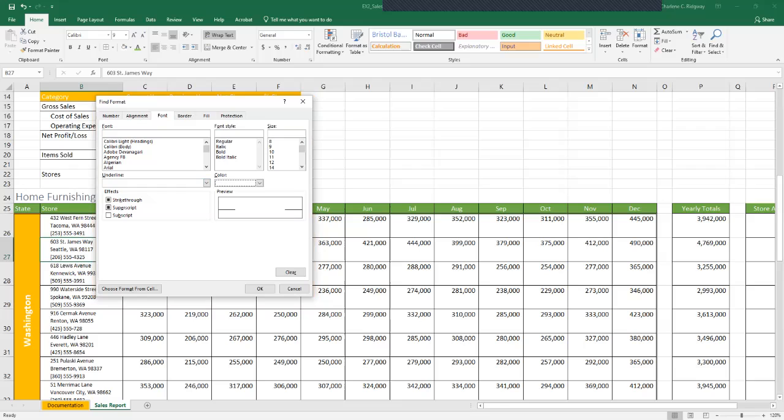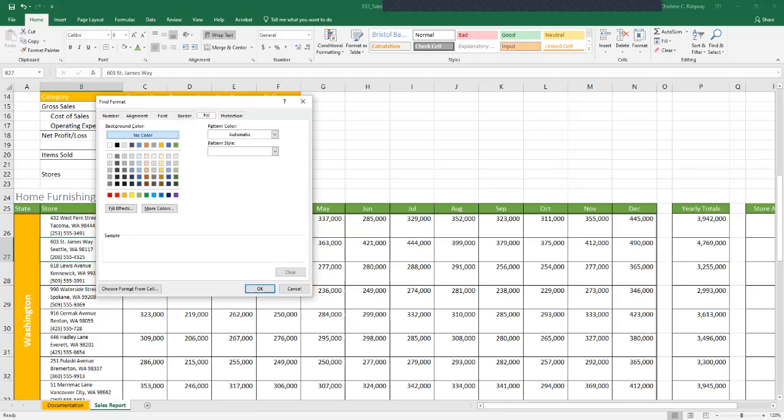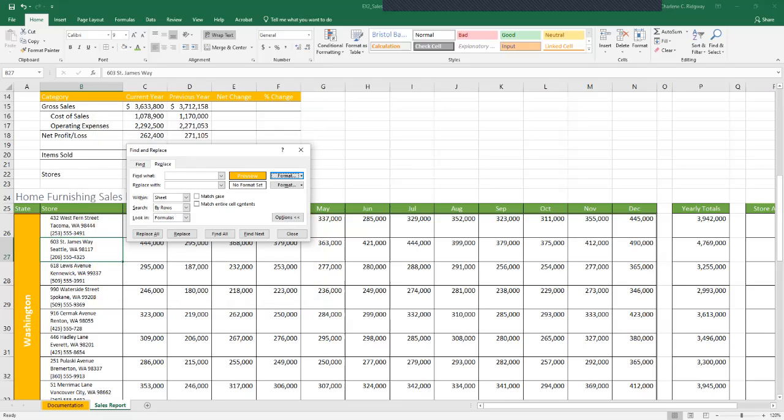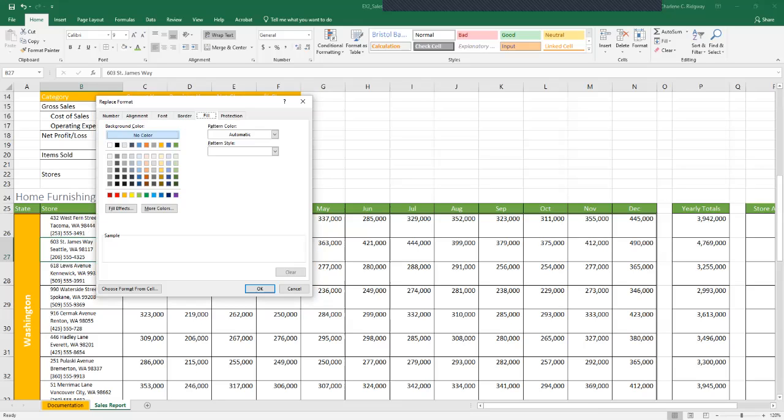Click the Fill tab. Then in the background color section, click the gold theme. Right there. And then click OK. Now, this is what we want to replace right here. We want to now click Format for the Replace With, and the Fill tab is already selected, so we want to click the gold theme,